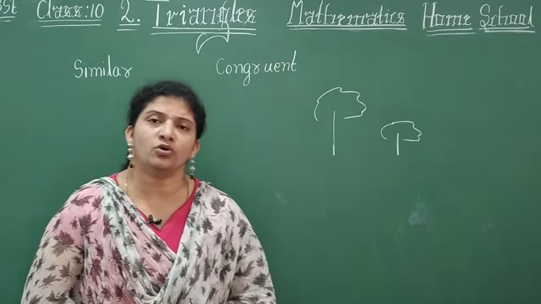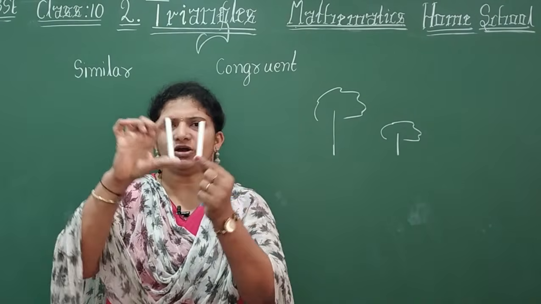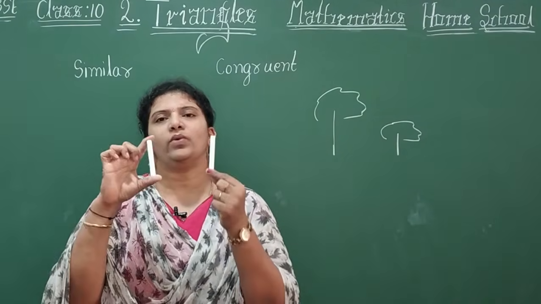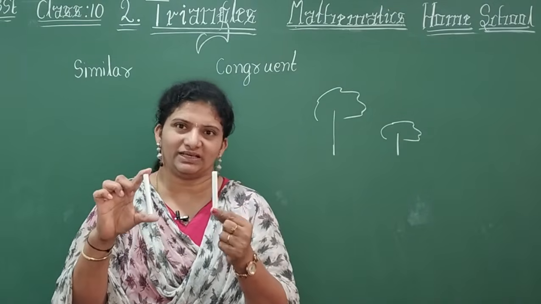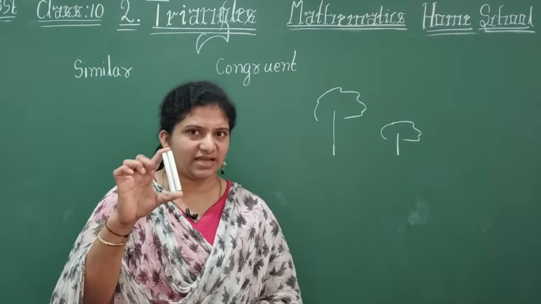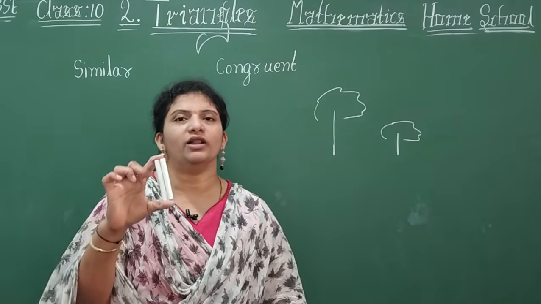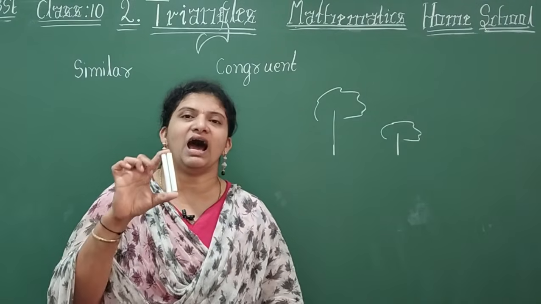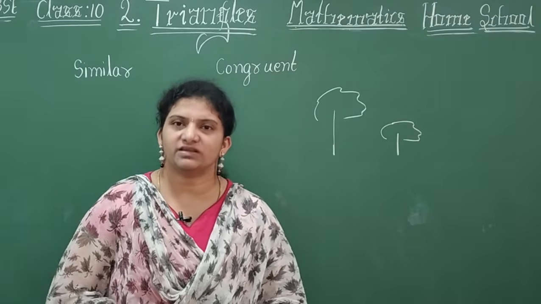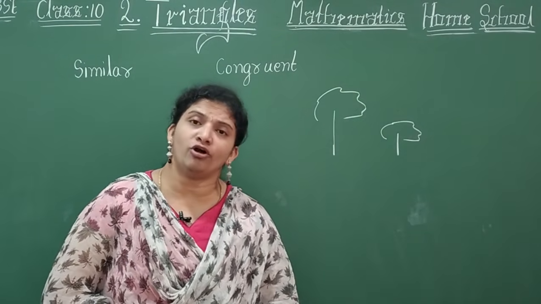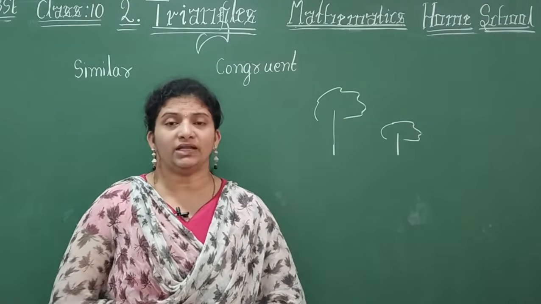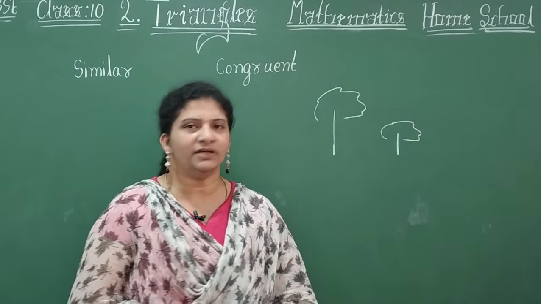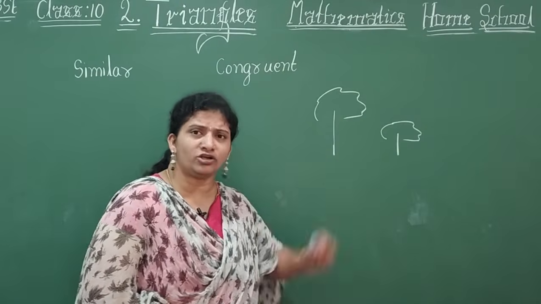Now I am going to tell you congruency. So observe these two chalk pieces here, children. They are the same shape, same size. We call both of them chalk piece. Means they have the same size, same shape, then we call them similar, and these similar figures are congruent. So observe here, children, all the congruent figures are similar, but all the similar figures are not congruent. Observe that one here. See, these are just similar, they are not congruent.